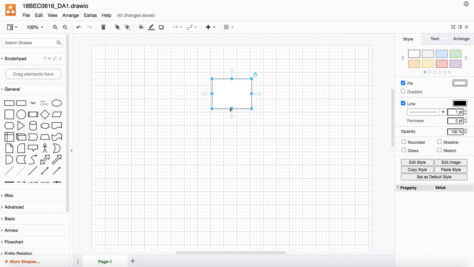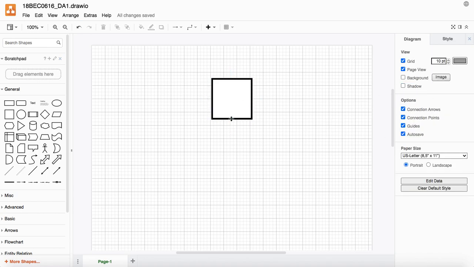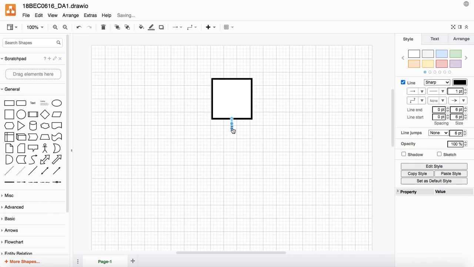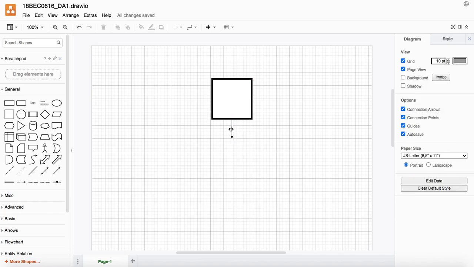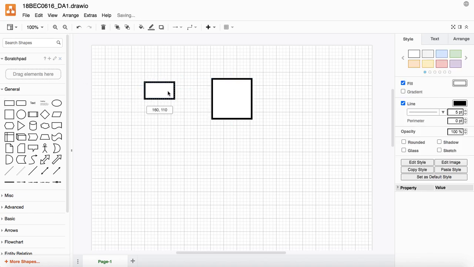I can change the width of the line by increasing it here. I want it at 5, so I will leave it at 5. And if I need an arrow, I can just take an arrow there, but for now I don't need this. Then I need other blocks, so I'll add all the blocks that I require for the block diagram. Here also I can just copy paste it and decrease or increase the size accordingly.